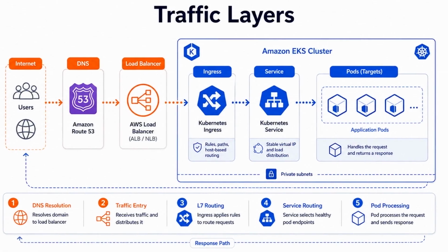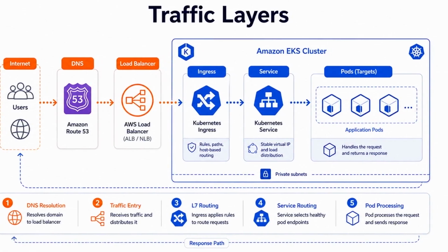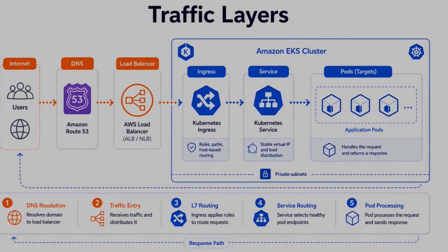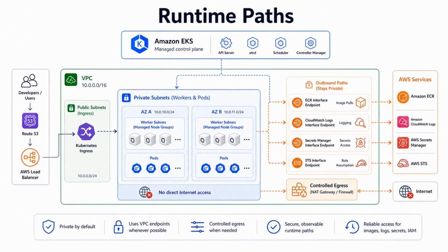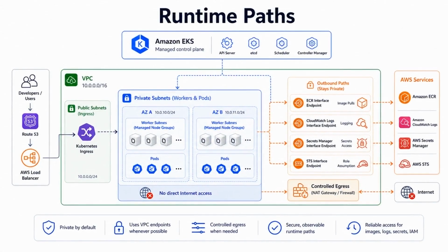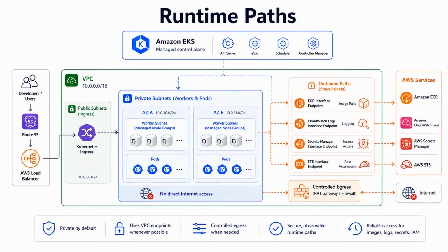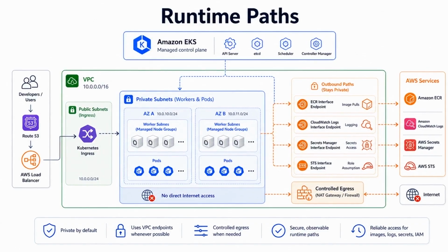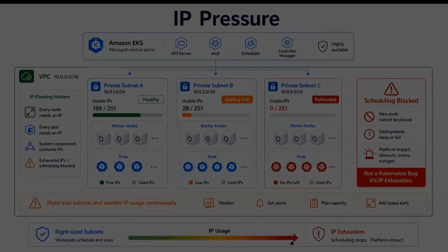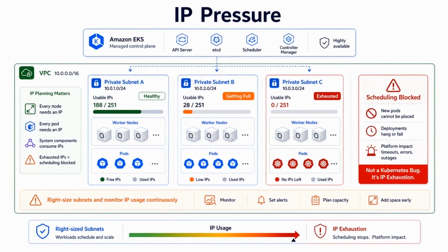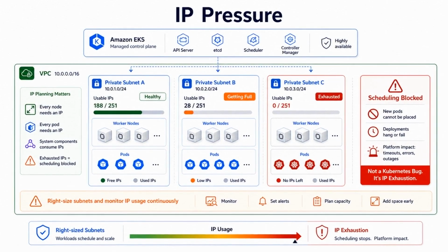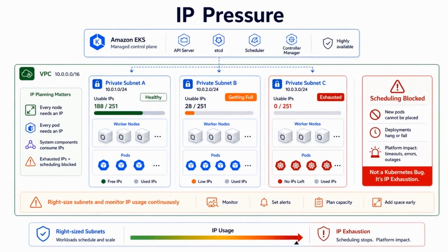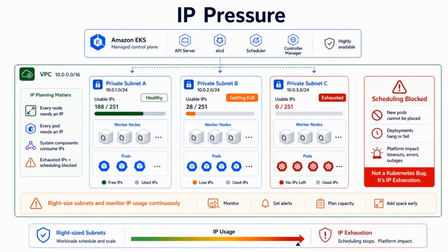Public traffic usually reaches an AWS load balancer first, then Kubernetes routing, then services, and only then the target pods. Even private EKS clusters still need image pools, logging, secrets access, and role assumption paths. So endpoints and egress choices are part of the architecture. If you ignore subnet sizing and address pressure, the cluster can fail as a platform long before Kubernetes itself looks